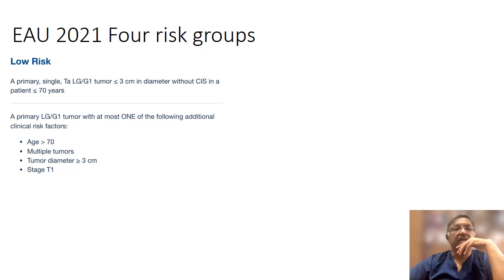So the 4 risk categories, as I've been mentioning: low-risk tumor, which is a primary single TA low-grade tumor, less than 3 centimeters, without CIS, in a patient who is less than 70 years of age. So these parameters are fulfilled, and if any of these parameters is not fulfilled, this becomes intermediate or high risk. Now, a primary low-grade tumor with at most one of the following additional clinical risk features